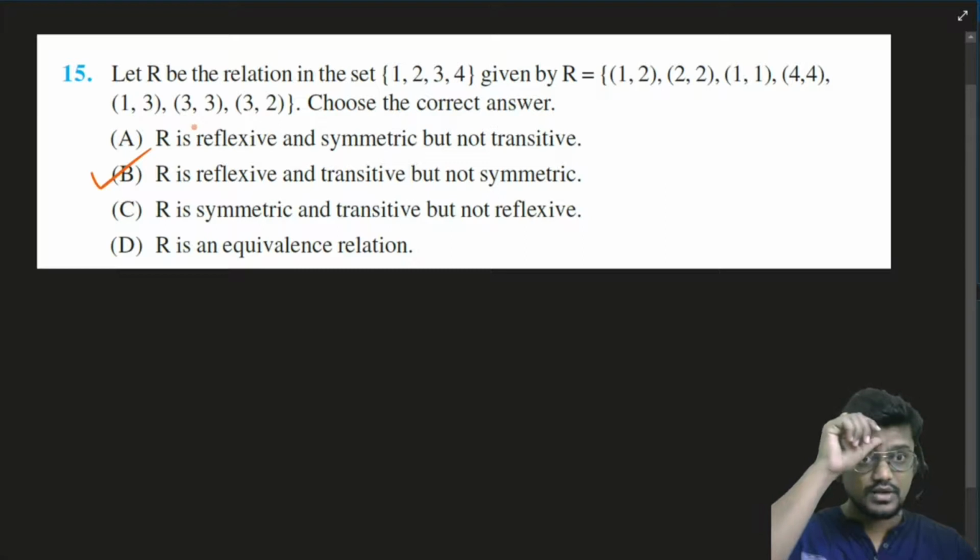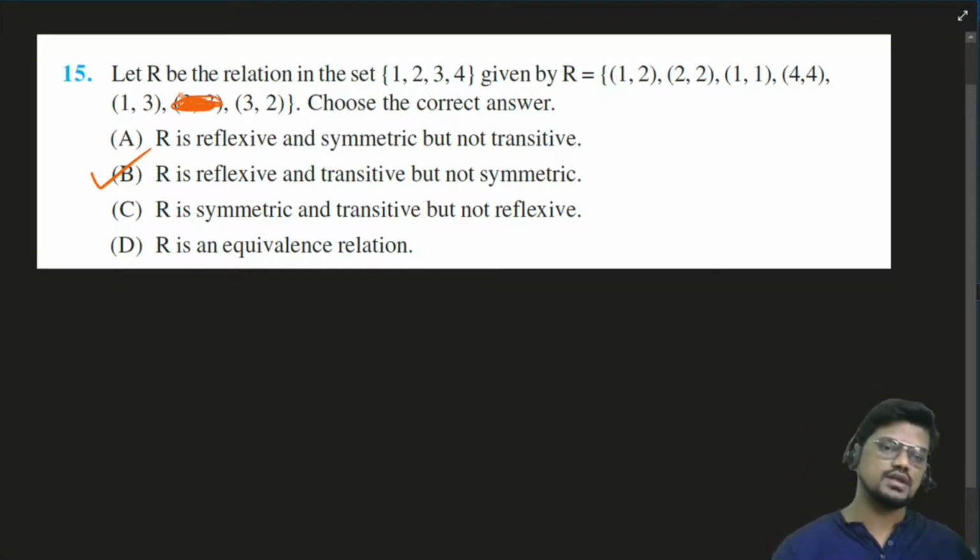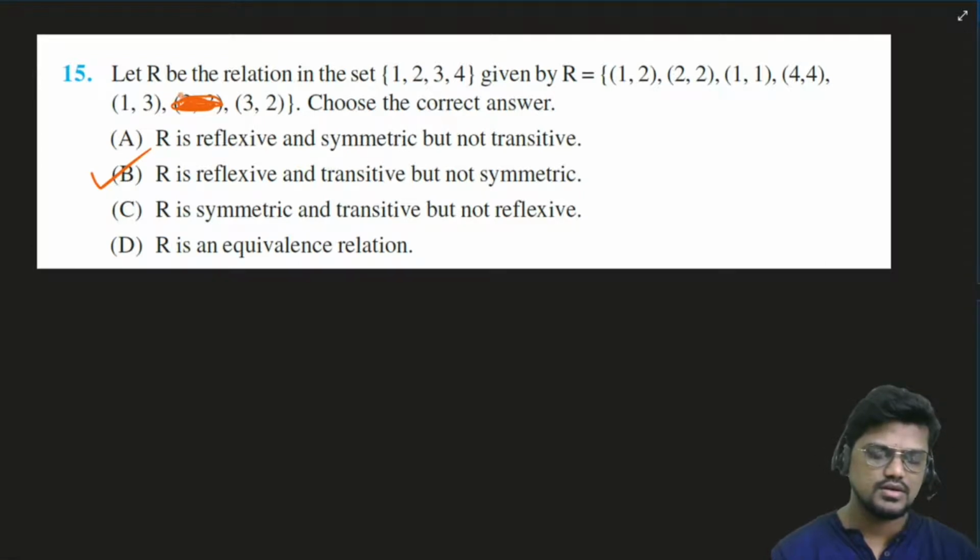Perfect, very good. As you can see, (1, 1), (2, 2), (3, 3). If suppose (3, 3) is not there in the given relation, can I say that the given relation is reflexive? Nisha, you are saying that it won't be reflexive. Then can you tell me why it won't be reflexive? I'll unmute you. You can unmute and give the answer.